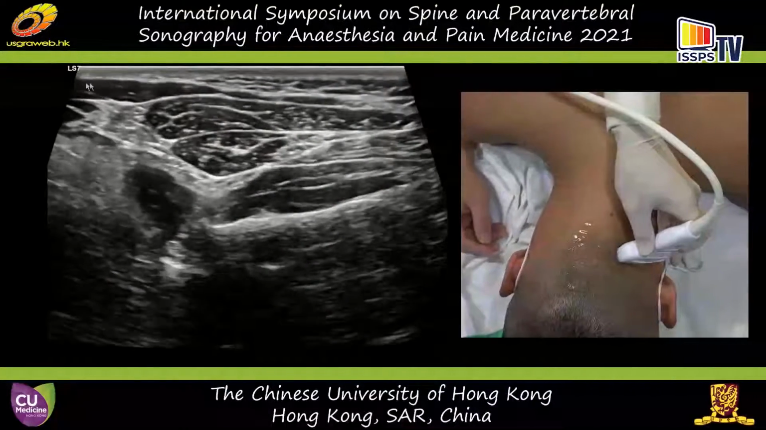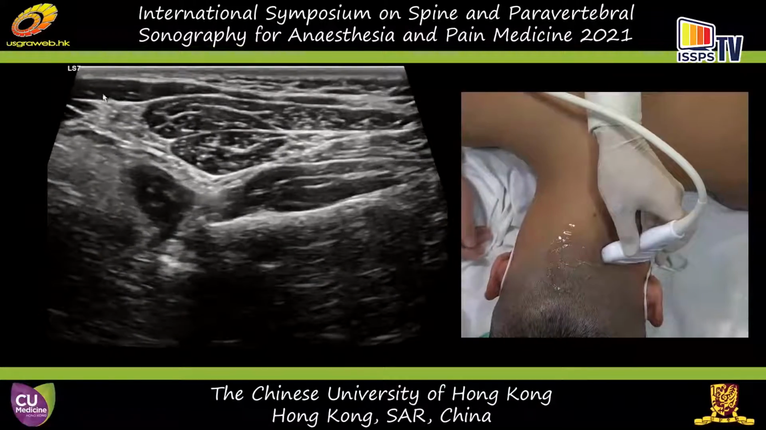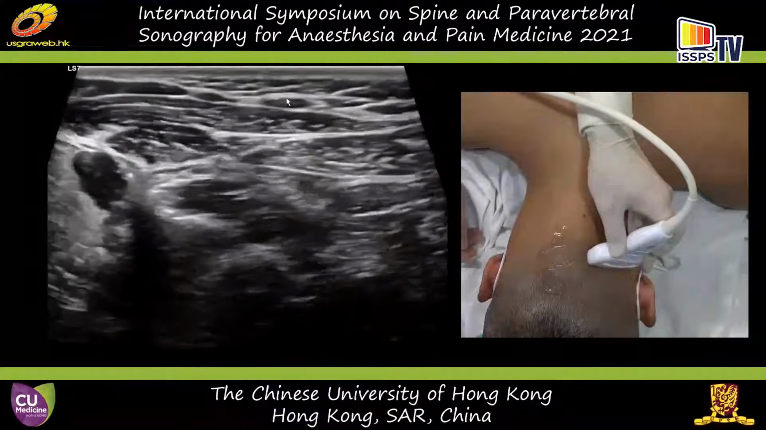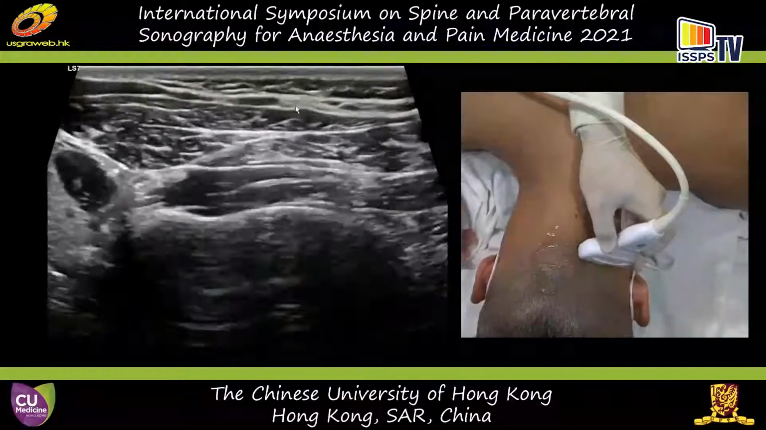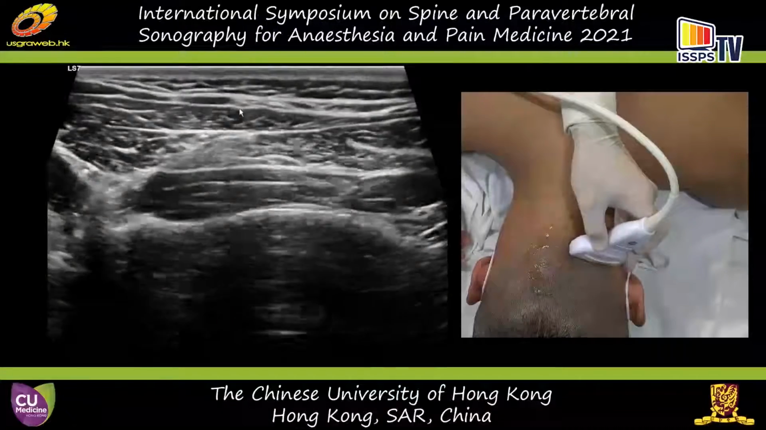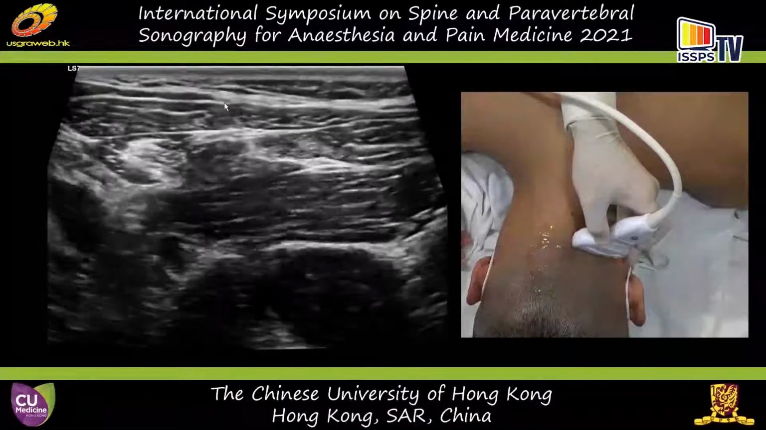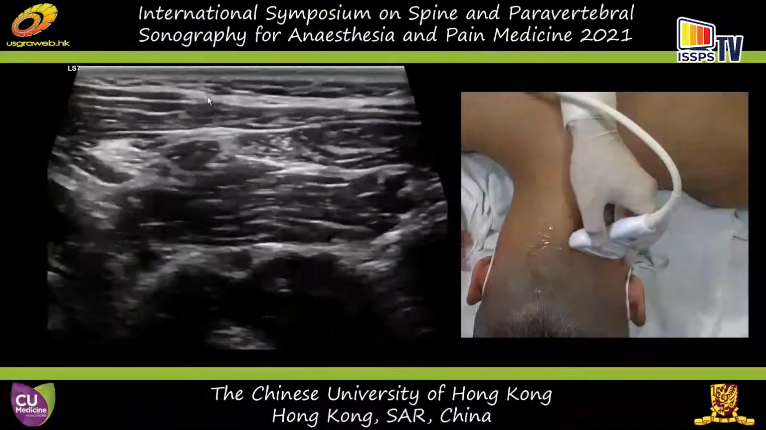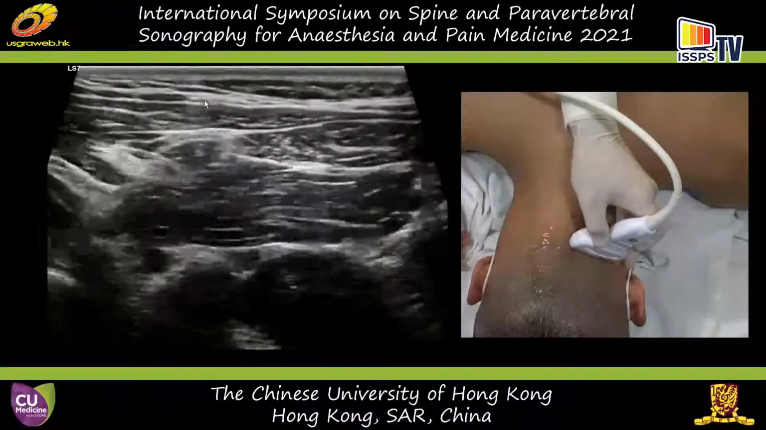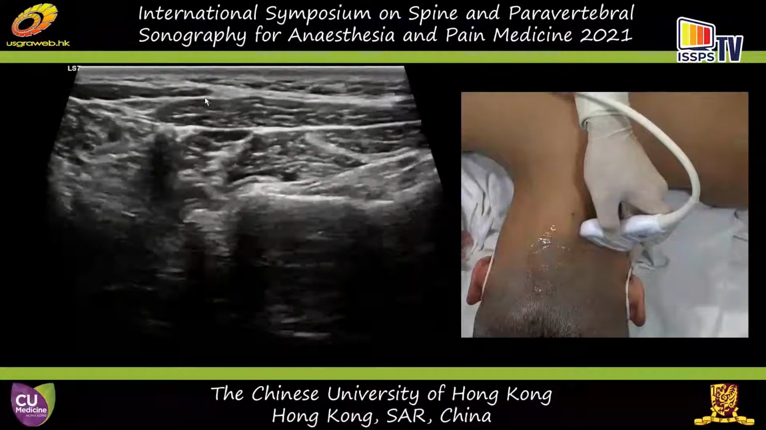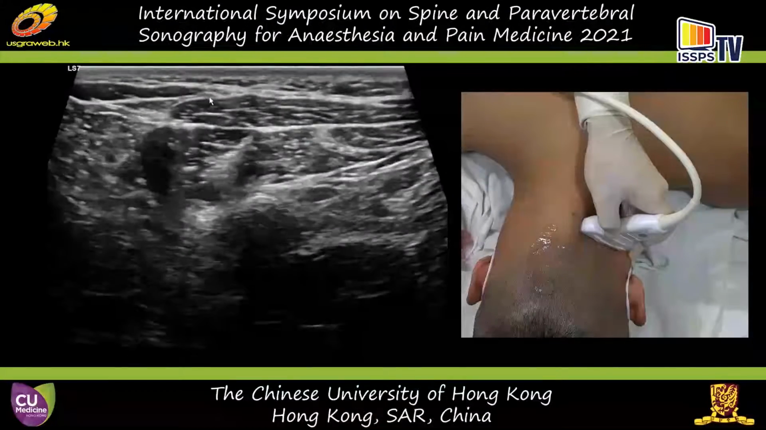And you also have the semispinalis, the sternocleidomastoid muscle, the SCM right here. And posterior to this SCM, you can see a nerve fascicle right underneath the skin here. In fact, this one here is the lesser occipital nerve. And remember this lesser occipital nerve comes out from the ventral ramus of C2, and it's going to